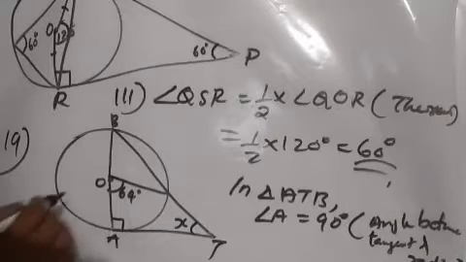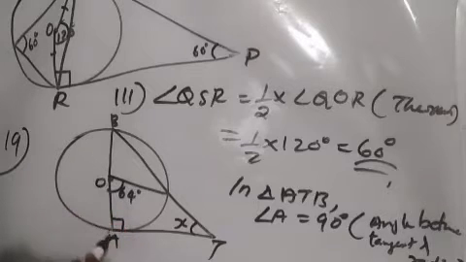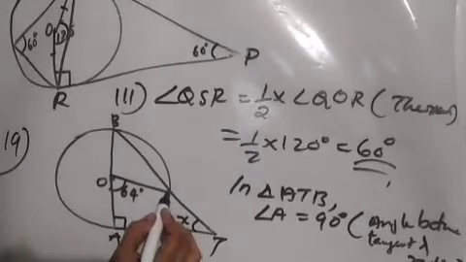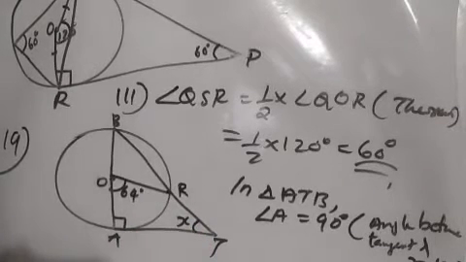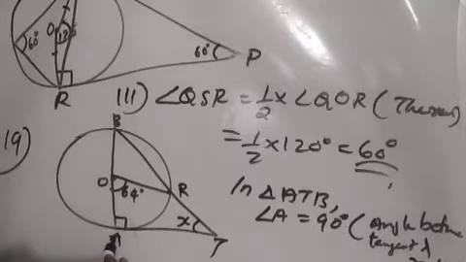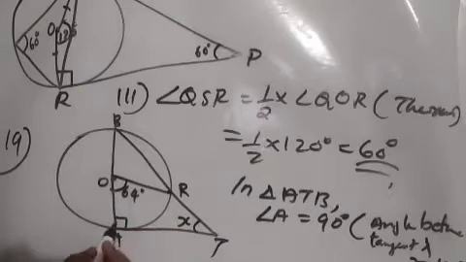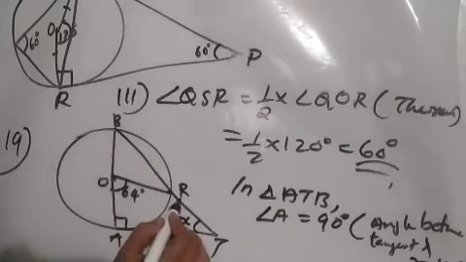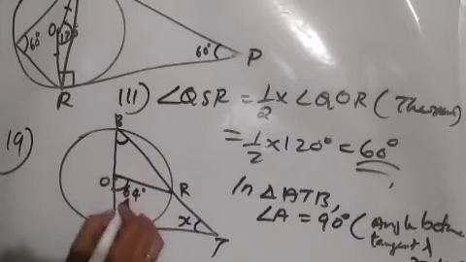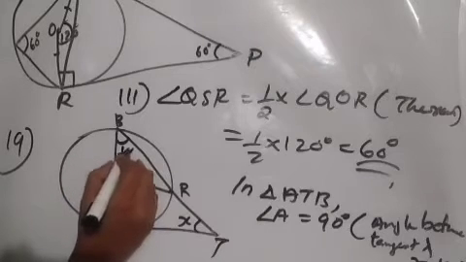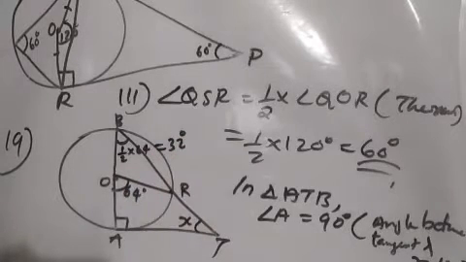So we have to know the theorem that you learned in chapter circles. Let us mark another letter R here. Angle AOR is the central angle of the arc AR. And what about this ABR? It is the angle in the remaining part of the circumference. So what is the relation between these two angles? Yes, it is half of 64, that is 32 degrees. The theorem you remember, no?